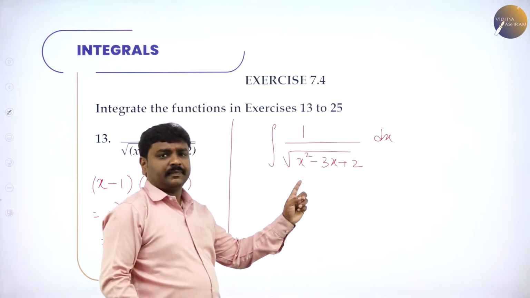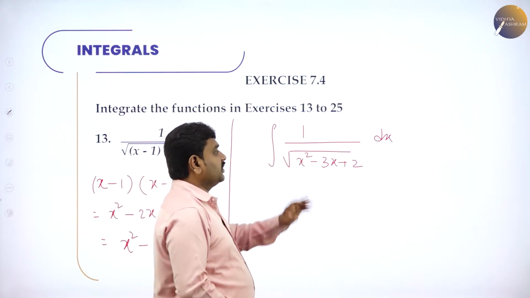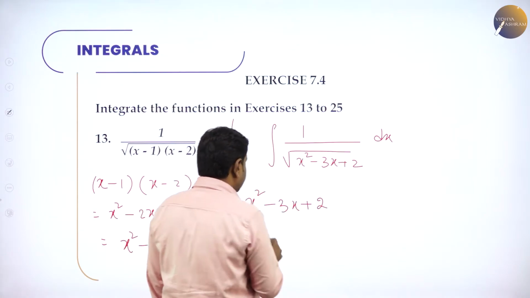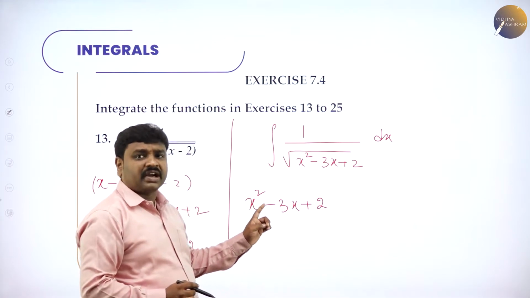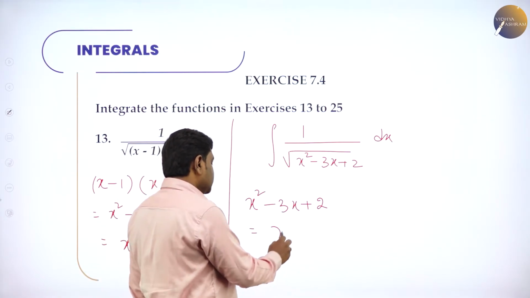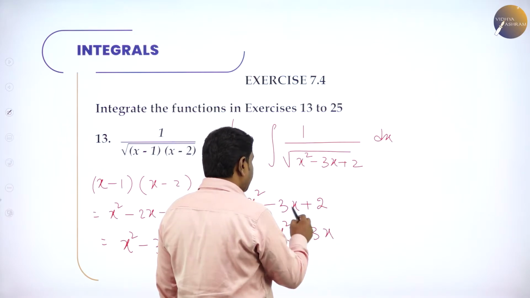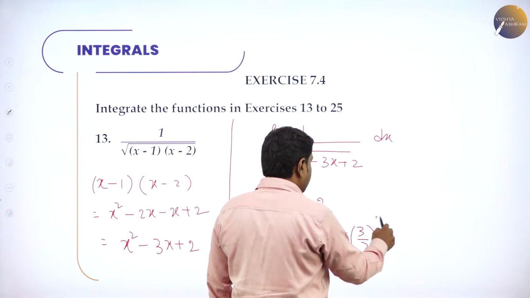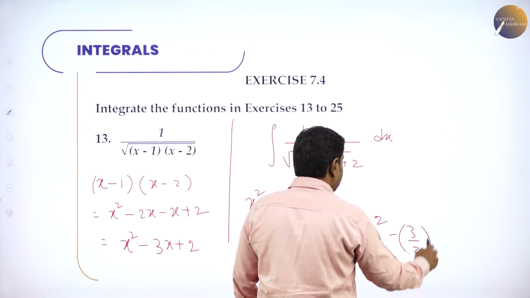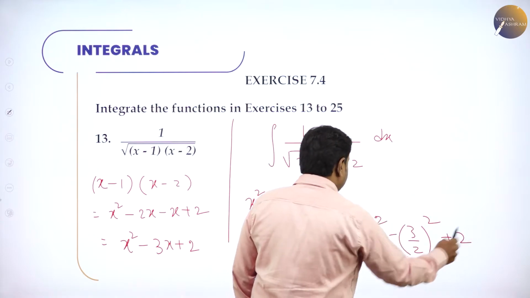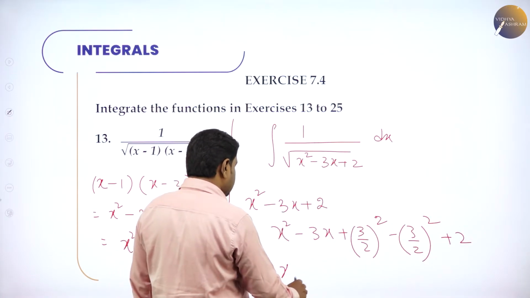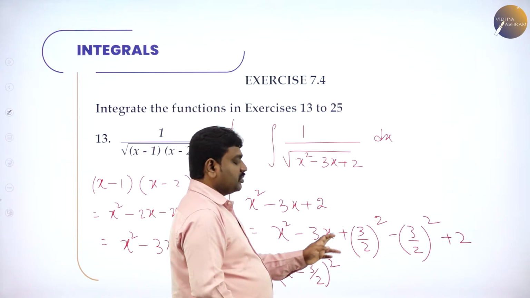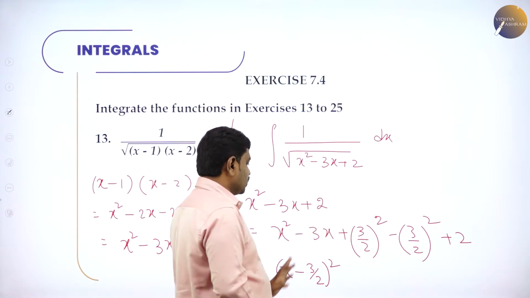See, observe this carefully. Here we can do completing the squares. I'll take again x square minus 3x plus 2 and complete the squares. I taught you to add and subtract half the quotient of x the whole square. That is x square minus 3x. Half of the quotient is what? 3 by 2. Plus 3 by 2 whole square minus 3 by 2 whole square, and the constant, what is the constant? Plus 2. So now the first three terms can be written as x minus 3 by 2 the whole square, because a square plus b square minus 2ab can be written like this.